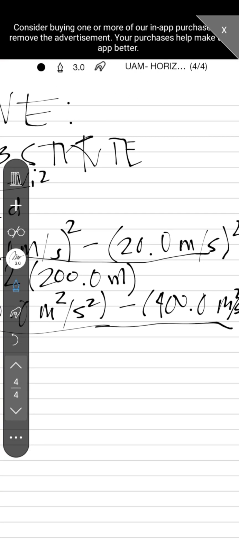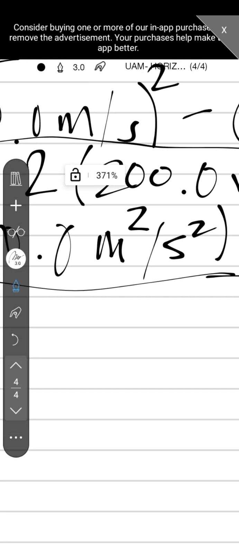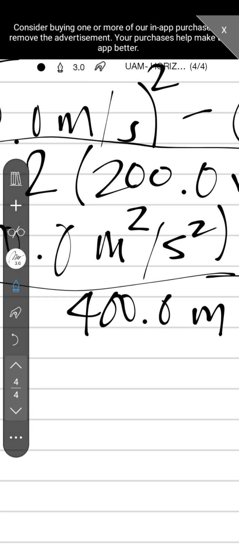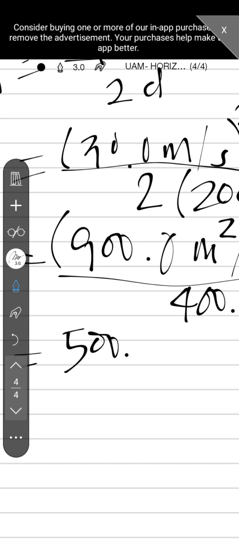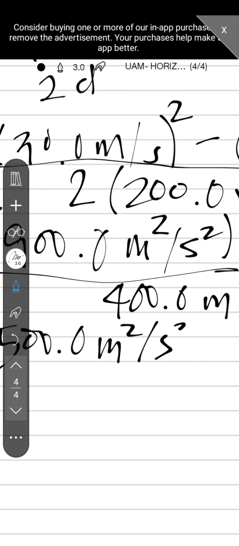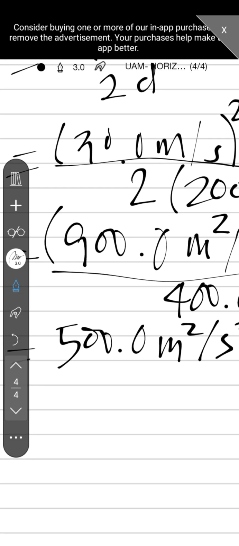These will then be divided by 400 meters, which is from 2 times 200 meters. After that, we're gonna subtract 400 from 900, which will leave us with 500 meters squared over seconds squared. This will then be divided by 400 meters, which will give us